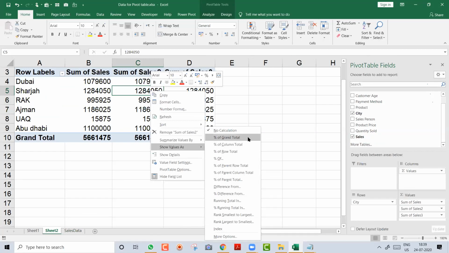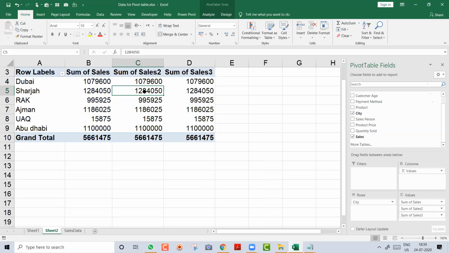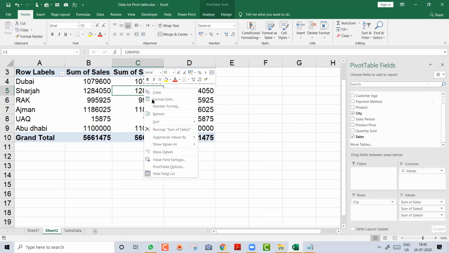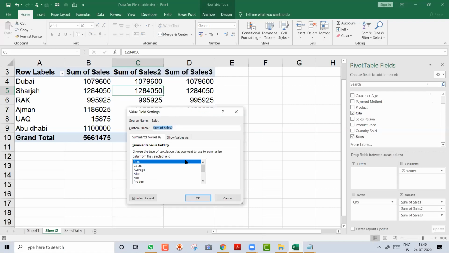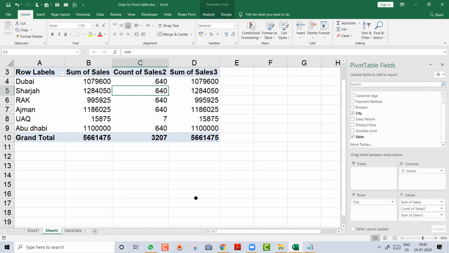Now I'm explaining for those people who are saying they don't have this option. You can do it like this, friends. To get a count, you right click, summarize value by count. If you don't have this, you go to value field setting. Right click, you will have this option, everybody, Muhammad Suhail and Vishesh. In value field setting, you will get one option, count. You click on count and say okay.